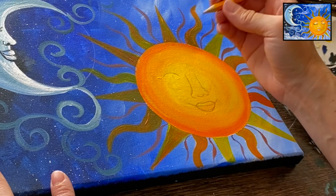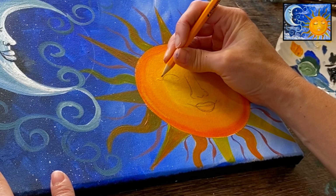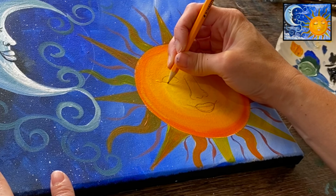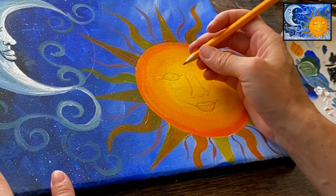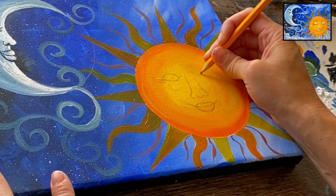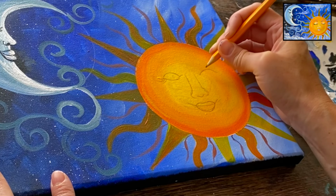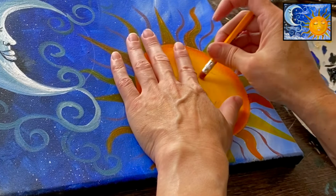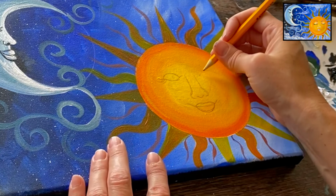Then I'm going to sketch the eyes, so 2 kind of eye shapes, curve. These are also going to be closed eyes, although you can make them open if you're feeling adventurous and you want to do open eyes. Do eyelashes. And same over here, eye. This one's closed, and do eyelashes. You can even have the sun and moon looking at each other,